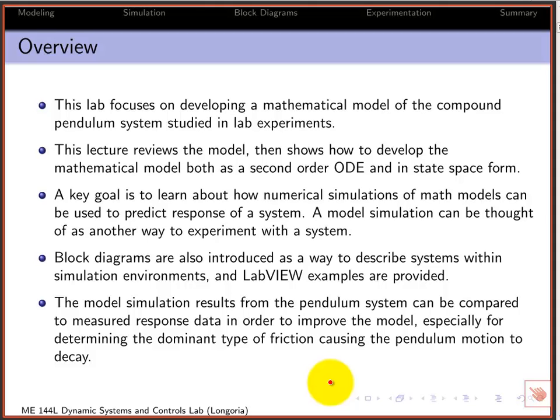Hopefully you found that in the lab, studying the pendulum gives us a relatively simple experiment that you can use to learn about how to use data acquisition and basic sensors. We're going to follow up